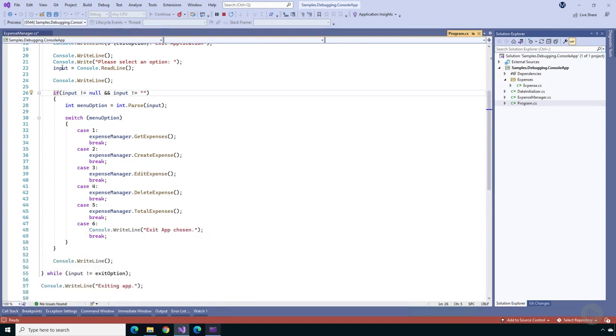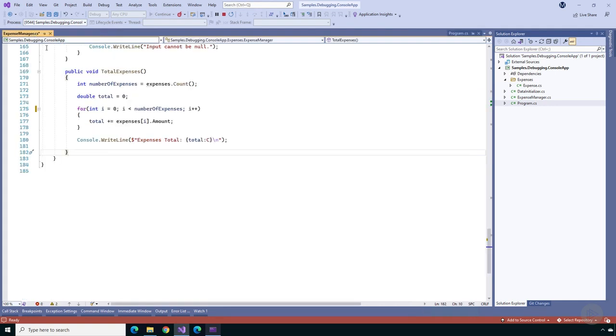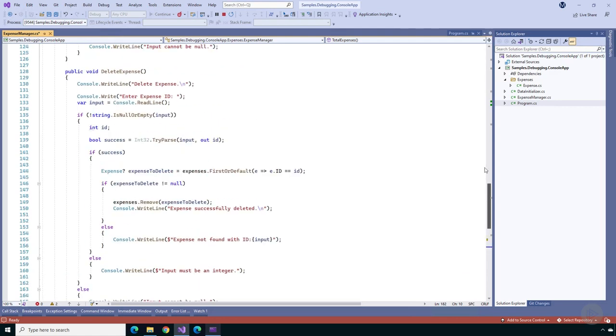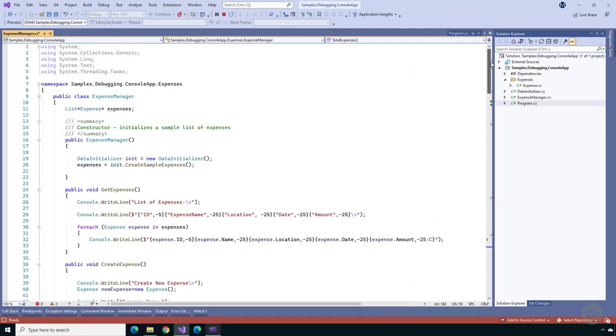Before we leave Visual Studio, I want to show you another feature that's really useful. When you're debugging through methods getting called from different classes, it can get confusing. It's hard to keep track of where you are in the code and where the method was called from. Let's look at this Expense Manager class. You saw in program.cs that the constructor for this class was called right at the beginning, when the app first started. In this constructor, it creates a new instance of a class called Data Initializer and calls the createSampleExpenses method